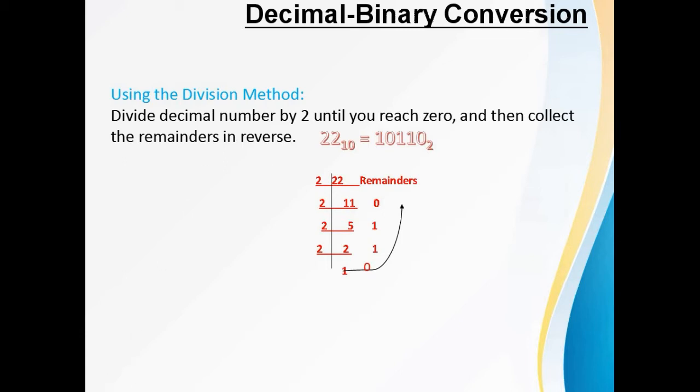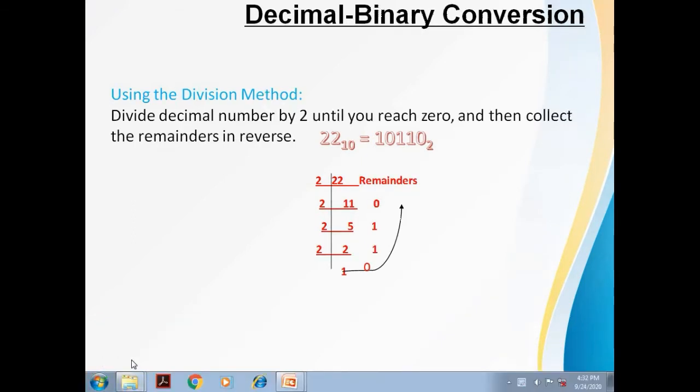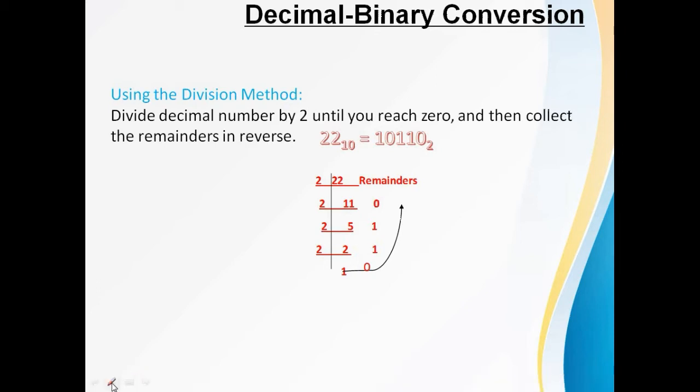To convert a binary number to a decimal or a decimal number to binary, we have to follow some methods. To convert a decimal to a binary, we have to divide it by 2. Here 22 divided by 2 is 11, remainder is 0. 11 divided by 2, remainder is 1 and 5 is the result. If we divide 5 by 2, 2 2s are 4 and 1 will be the remainder. 2 1s are 2 and 0 will be the remainder. Answer will be